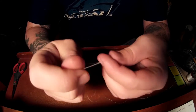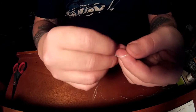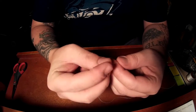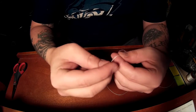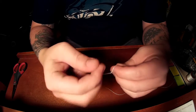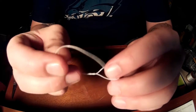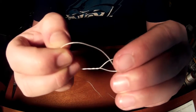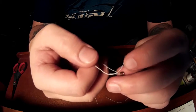You're going to put your finger through here and kind of make like a gap. And what you're going to do is wrap it, say 5 times. We'll do 1, 2, 3, 4, 5. Then you're going to run it through that loop, like so,